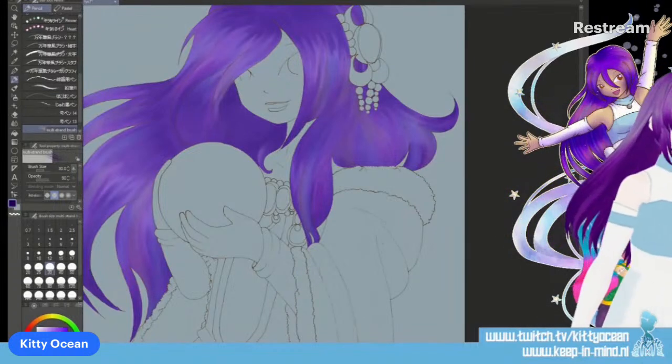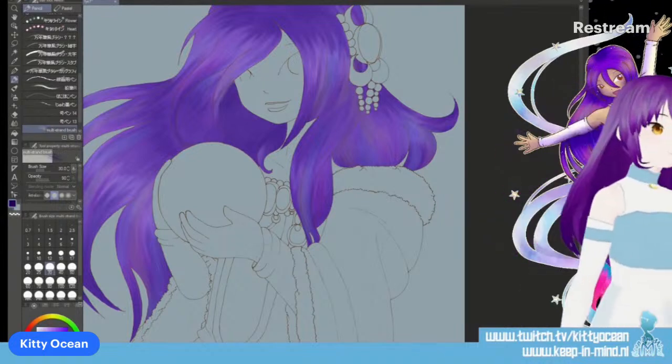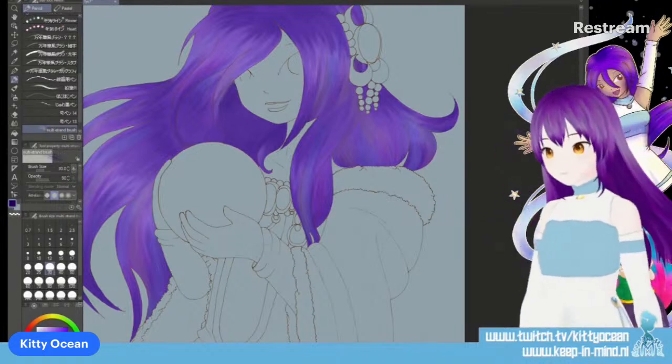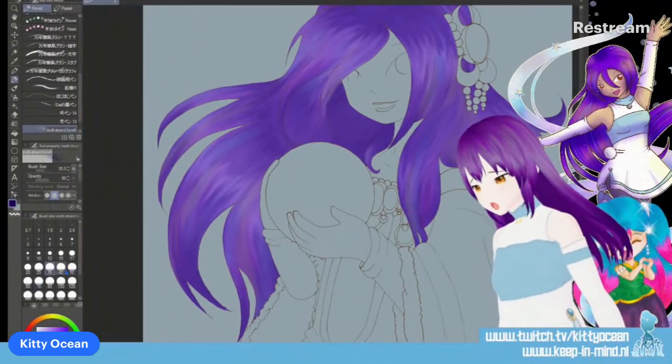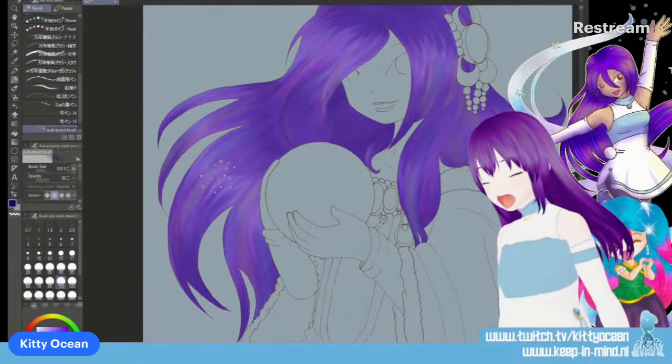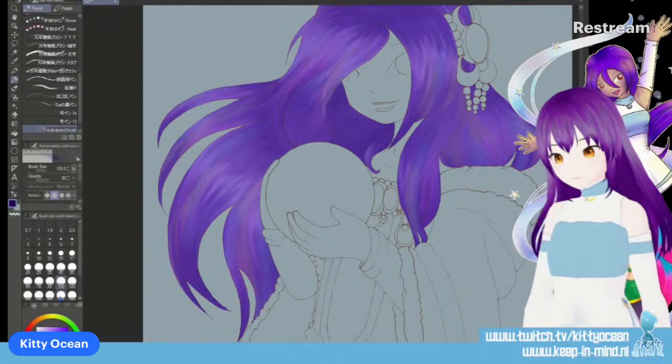Hair starting to look like hair now. How's this? Yeah, that's not good.